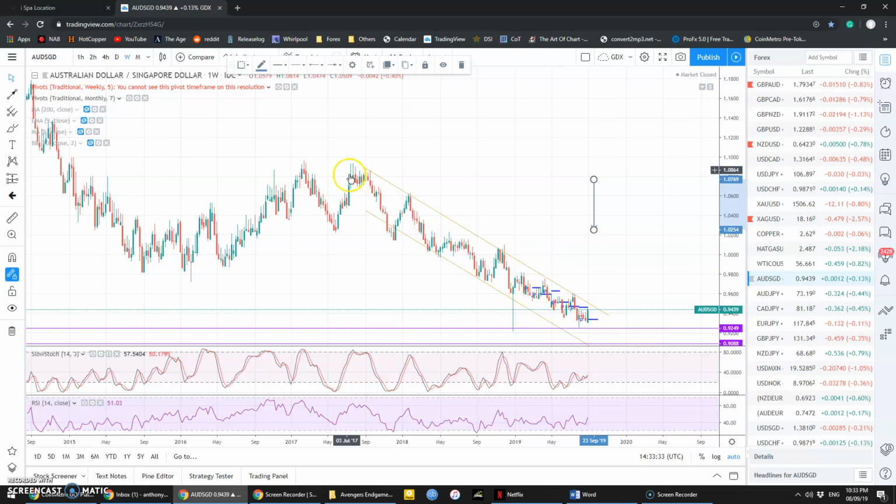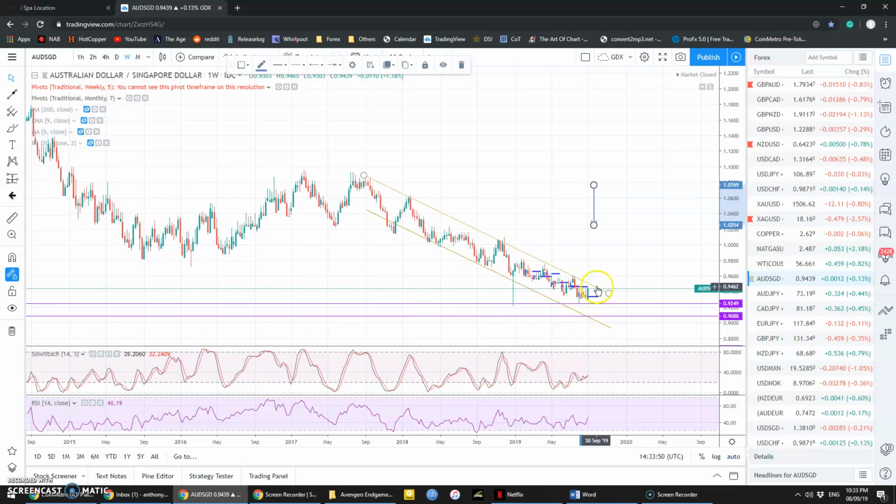It hasn't been broken yet. We're still in that defined channel, and the channel is still holding at the parameters. So this would be a good short if you were to touch the channel. So I'll be looking for a short there, and then I'll potentially exit on the bottom channel. So when we tap the upper boundary, I would short it, and when we tap the lower boundary, I would close the trade. So overall trend for Aussie dollar is bearish against major countries and even the Singapore dollar,